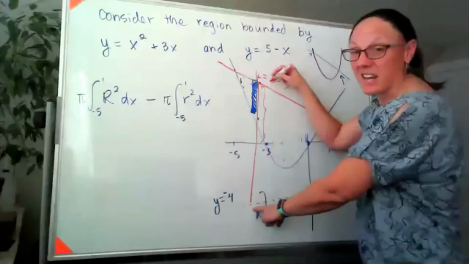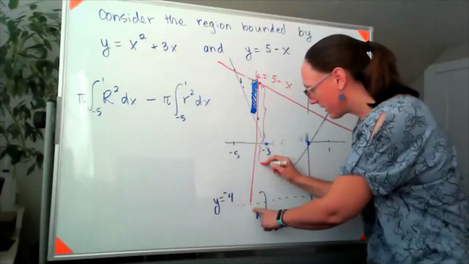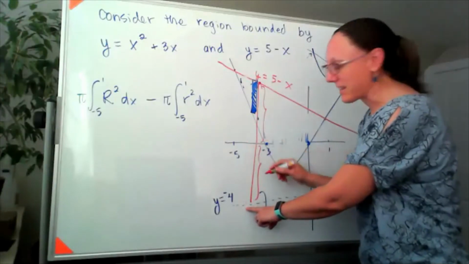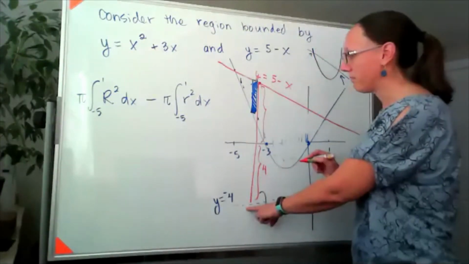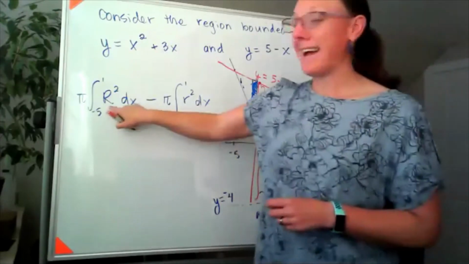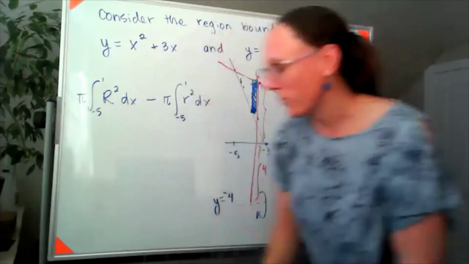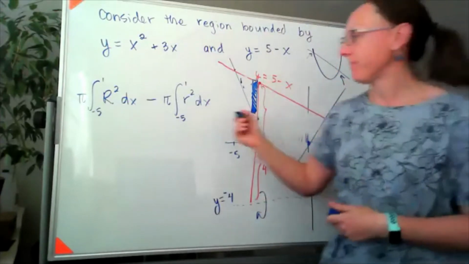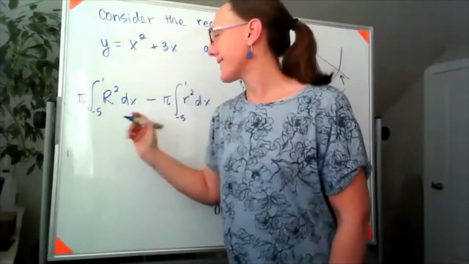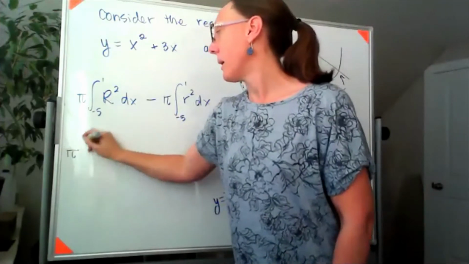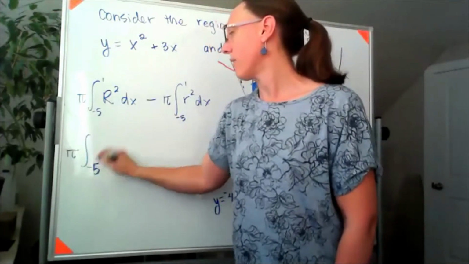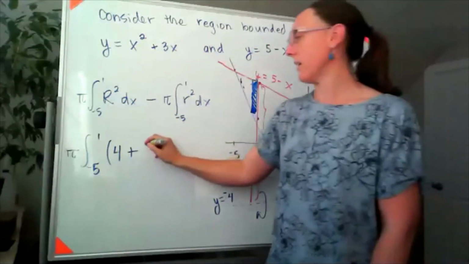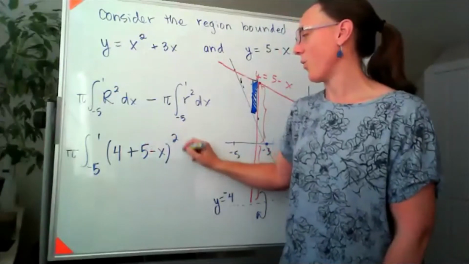In terms of that entire outer radius, that distance from y equals -4 up to the axis is a 4, which means that outer radius is really going to be 4 plus the equation of the line. So I would be looking at something like pi, integral from -5 to 1, and I'd have 4 plus the equation of the line, 5 minus x, whole thing squared,